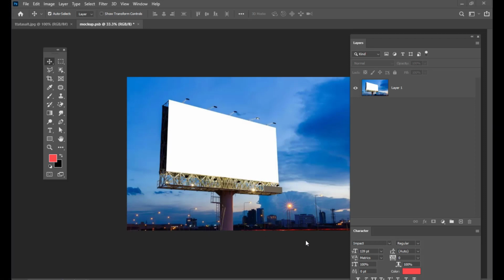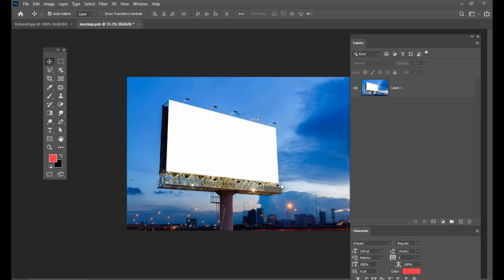I have taken an image of a billboard. Now we are going to place an advertisement poster on this billboard, so we can use it as a template. I'm going to put one advertisement poster, and later we can create a template out of this file, and then you can put any kind of design or advertisement on this billboard.